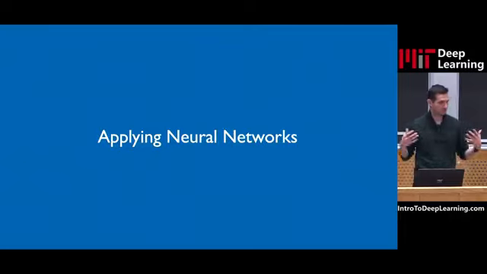Okay, this is awesome. So now we have this good intuition of how to build up from a single neuron all the way to a layer, to a neural network, and to compose these in the forward pass. Let's take a quick look at how we can apply this to a particular problem that's a good starting problem for everybody in this class, which is, will I pass this class? This is a question with a yes-no answer. And there's a lot of data for this question, actually, because we've taught this class for a long time. So we have a lot of data from past students who have taken this class.